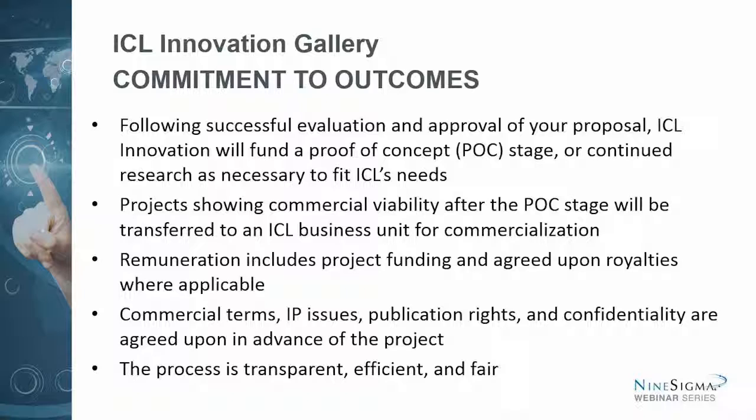Yeah, okay, so I think that the model is such that it's quite attractive to any proposer. The way we go about the proposal is that first it goes through an evaluation, right? And so what we want to see in the beginning is just a non-confidential concept in a way. Now this could be before the proof of concept or after the proof of concept. If it's before and we sort of evaluate it internally and